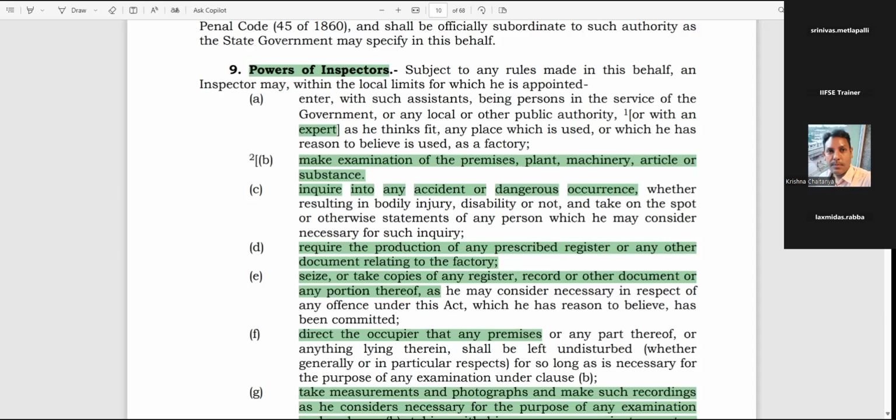Or sometimes they will suspend operations for a couple of days, 10 days or 15 days, until identifying the real root cause of the incident. They will suspend the complete operations for a certain duration. Once they come up with the real root cause, then they can give permission to restart the activities again. Okay, so this is for a major hazard.